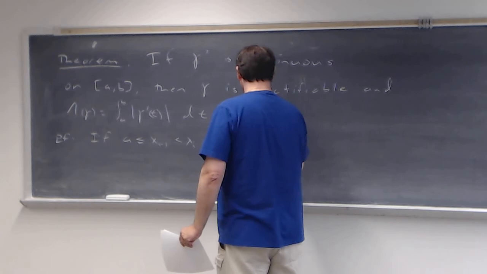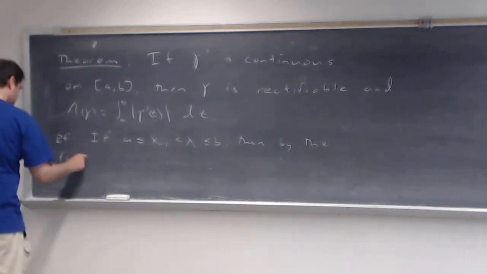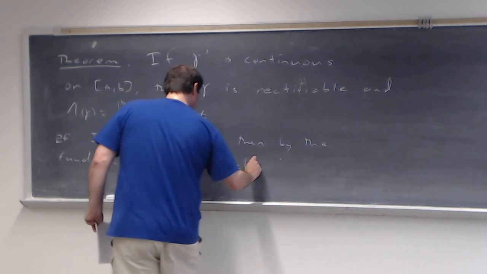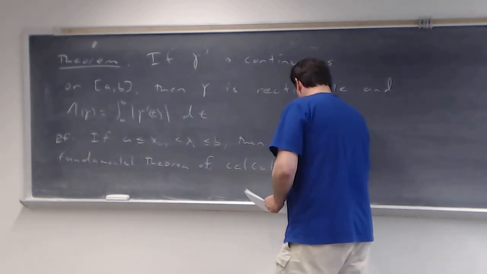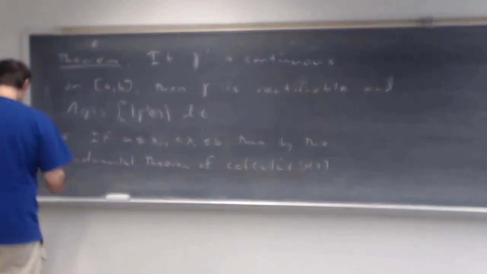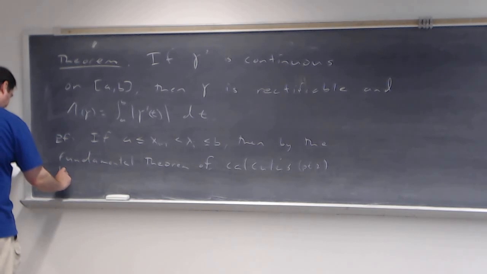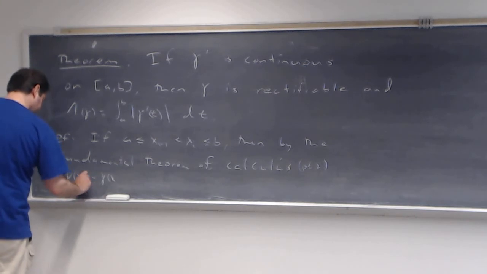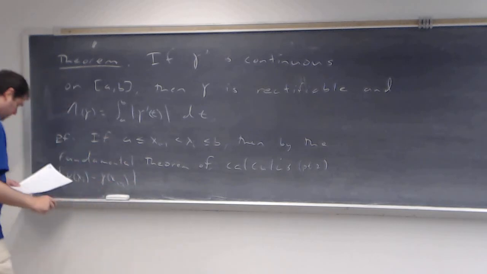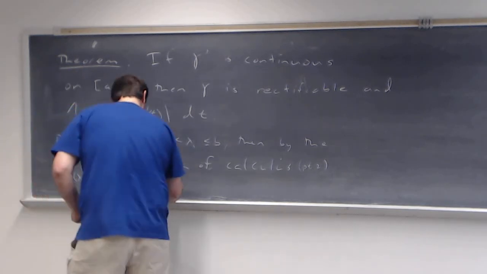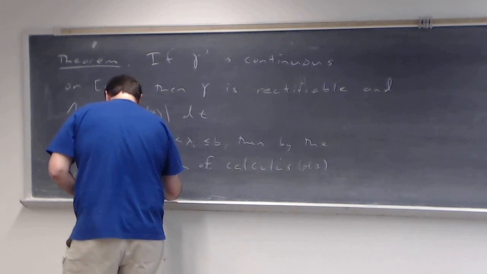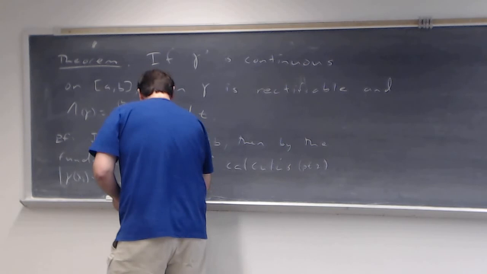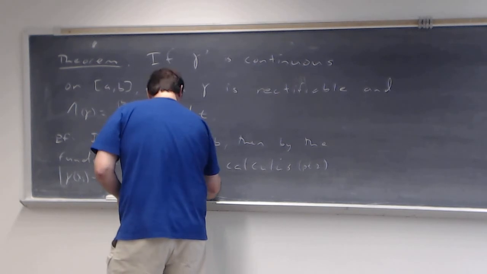Then by the fundamental theorem of calculus, part 2, the norm of gamma of x sub i minus gamma of x sub i minus 1 equals the norm of the integral from x sub i minus 1 up to x sub i of gamma prime of t dt,